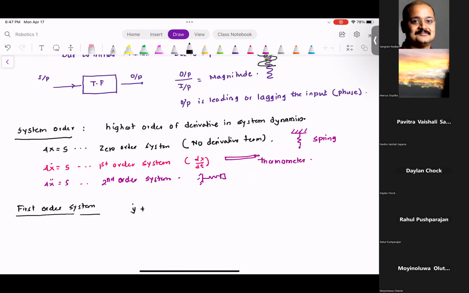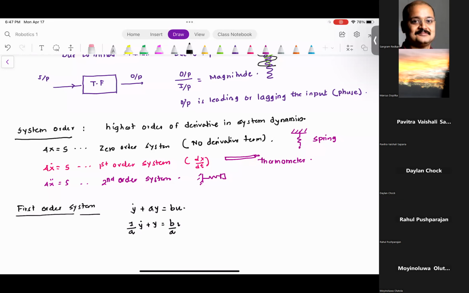So y dot plus ay is equal to bu. Now this equation can be written as 1 divided by a y dot plus y is equal to b by